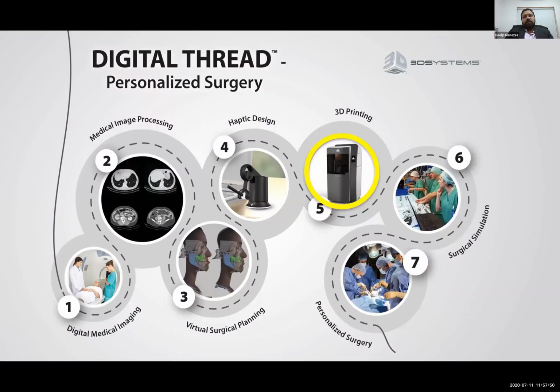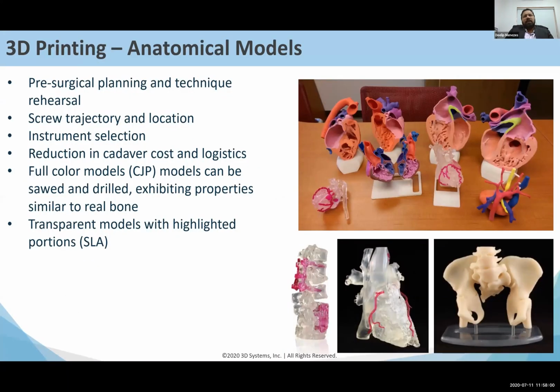So let's come to the next step, which is actually the act of 3D printing. Now here, there are a wide variety of printers that we have with a wide variety of materials as well. One basic need at times is just to print anatomical models, just to understand what the problem is, because often doctors need to open up the patient and then understand that, oh, what we saw on the CT scan was not this, it is that actually. So when you have a 3D model which you can look at and see precisely what the problems are, or which areas you need to